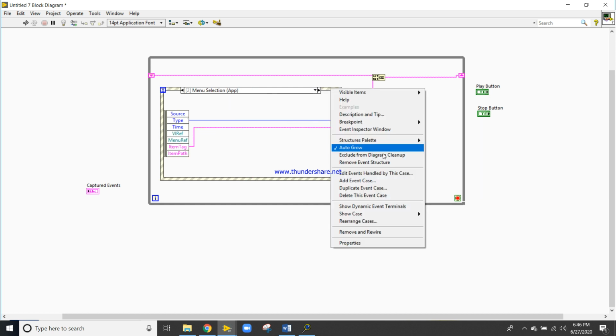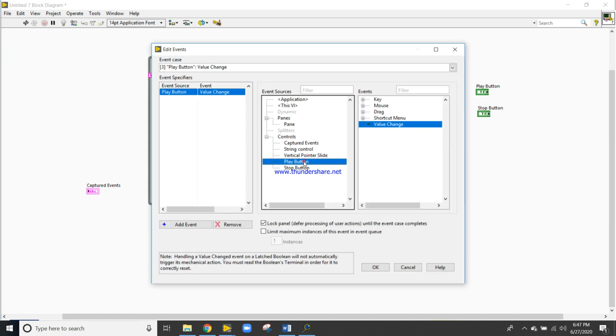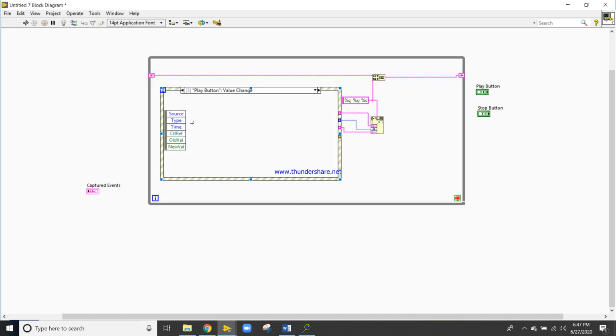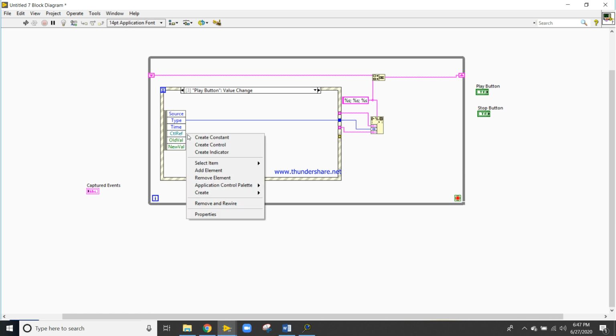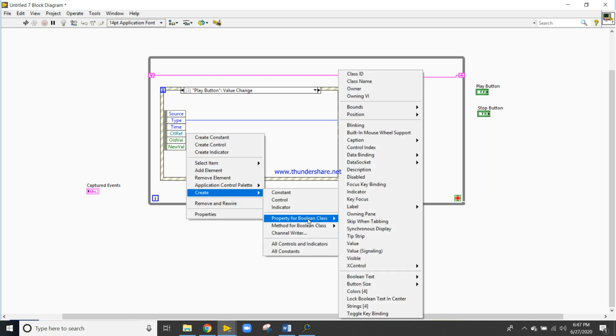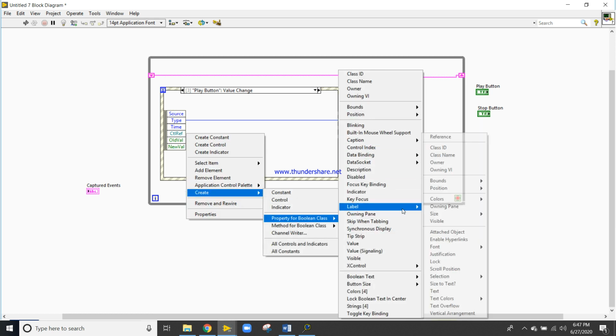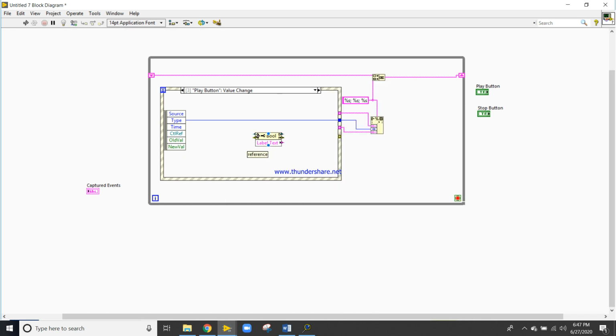Now right click, event, add event, take play button. Okay, so type will be connected here directly. Right click, create, label, text for the boolean.